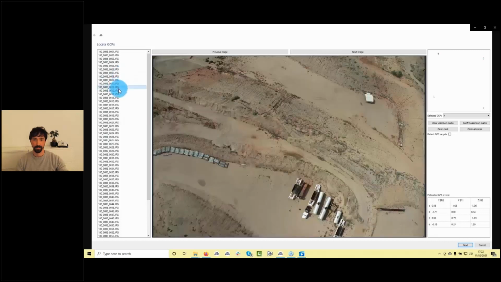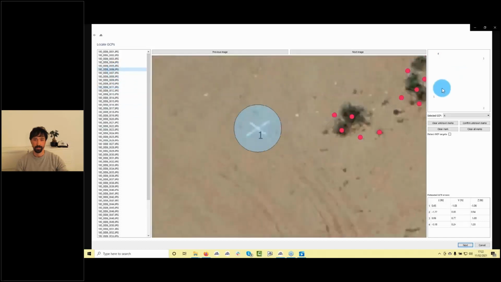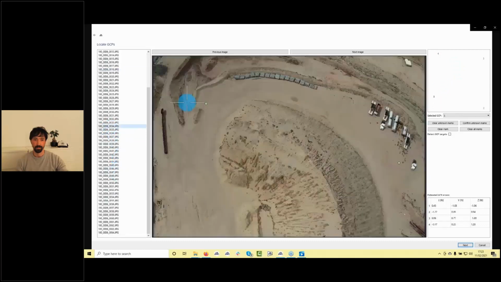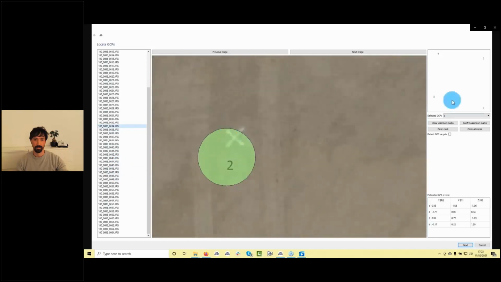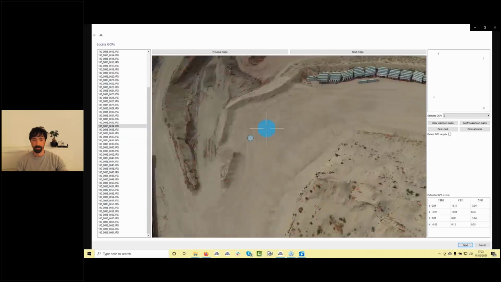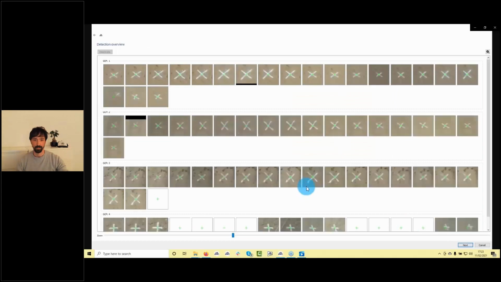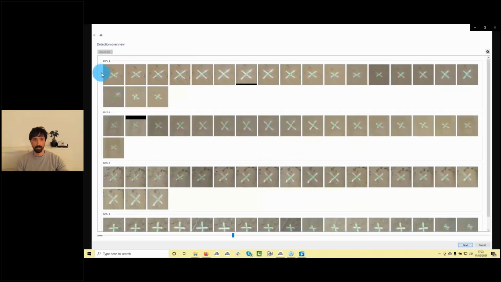I'm doing this because it speeds up the process in our next step. So number 1, also on my second image. Here we have, in addition, number 2. So now I show the position of every marker on 2 images, and when I click next,